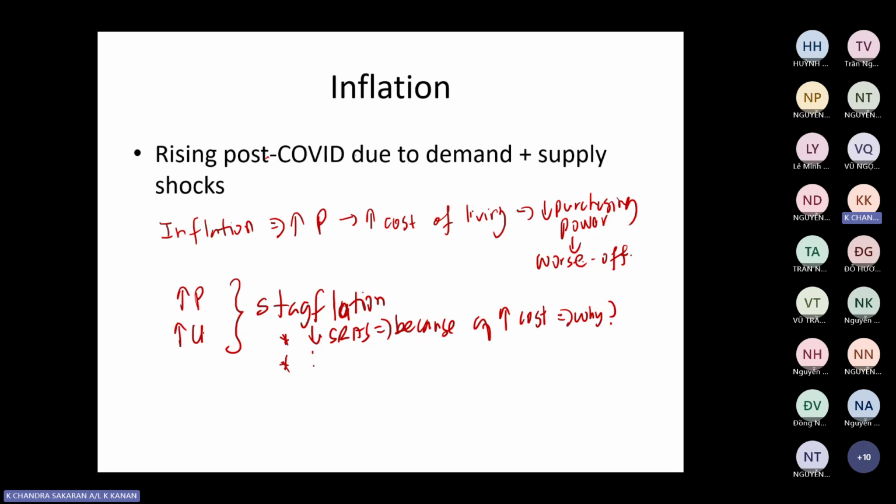At the same time, drop in the aggregate demand, because people are losing jobs and so on. This happened because of recession. At the same time, cost is going up. That's why recession and inflation happening at the same time is known as stagflation. But why is the cost going up during the COVID period? This one is caused by the disruption